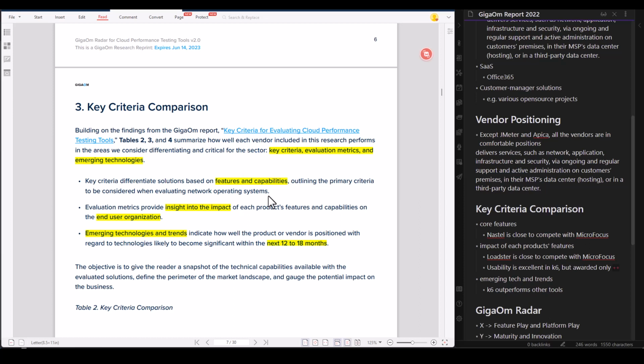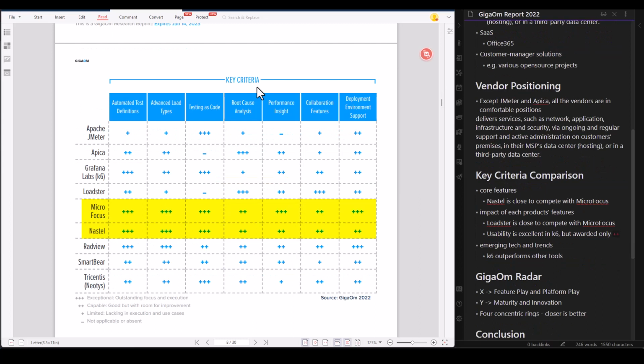So here the report considers the core features and capabilities, and the evaluation metrics provide insight into the impact of each product's features, and also the emerging technologies and trends, for example, AI or ML. So table 2 defines the key criteria. So here we have automated test definitions, load types, testing as code, RCA, performance insights, collaboration features and deployment and